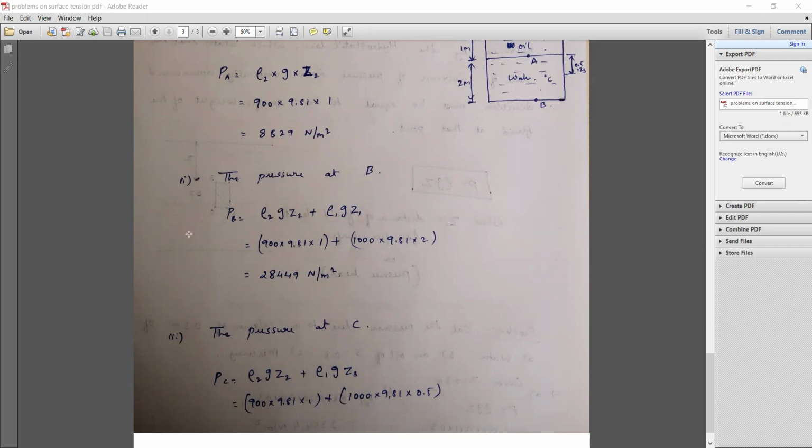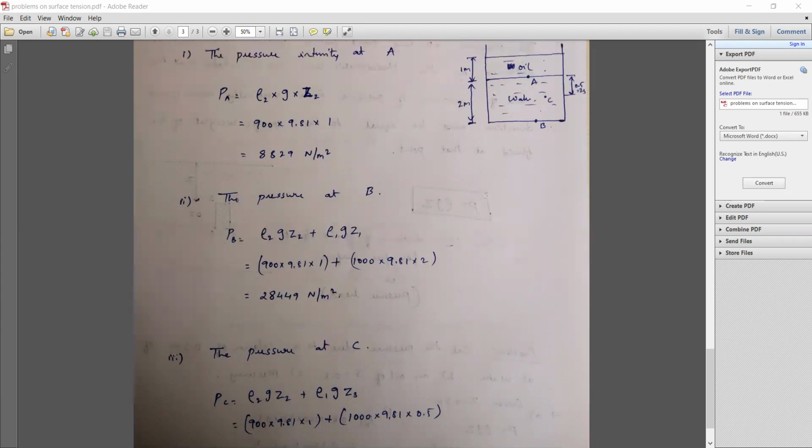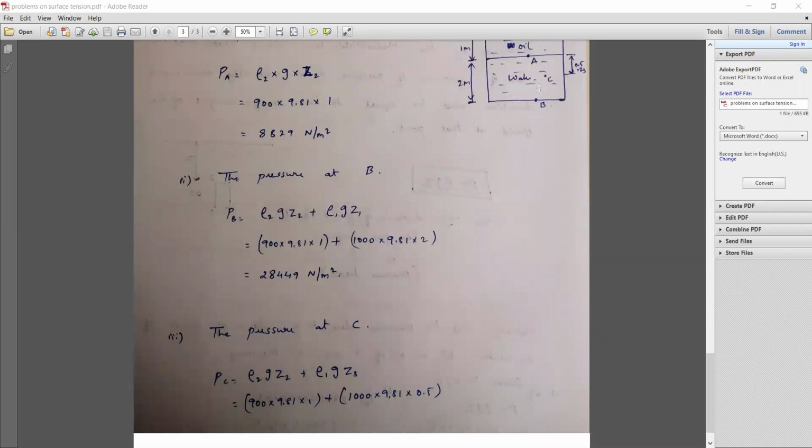The pressure at the bottom will always be more because the full fluid's specific weight will be falling on that. Remember that. That's why at point B we have more pressure, that is 28,449. And point A, which is at the topmost, is the lowest pressure among A, B and C. Similarly, if you go for C, it will be in between A and B. Okay, please copy it. Two minutes time left.